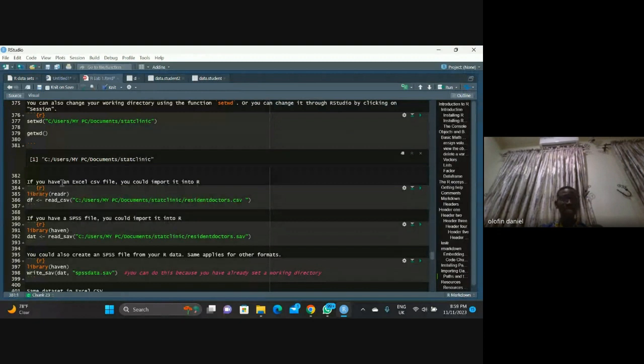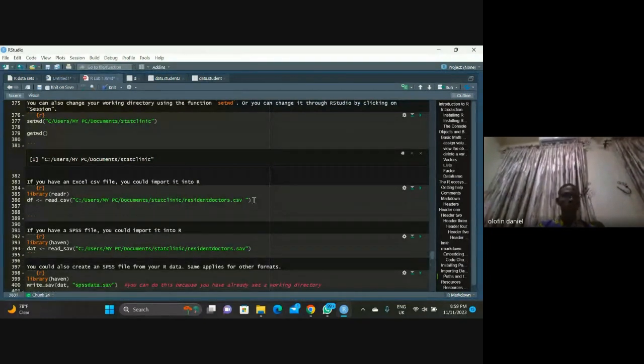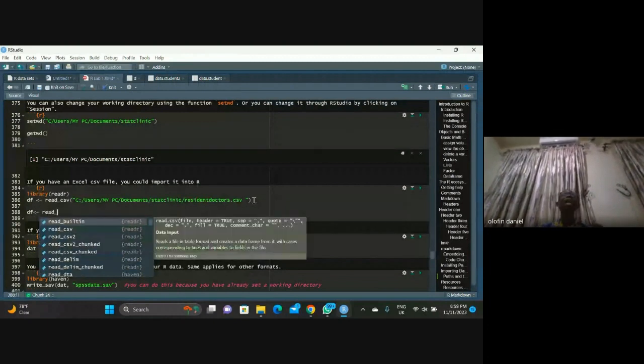If you want to import your data from Excel, neglect this one I used. So let me just say df equals, you are going to use, that is, I'm telling R that this df will be the name of the data I want to import. I'm going to use read dot, if the file is saved in